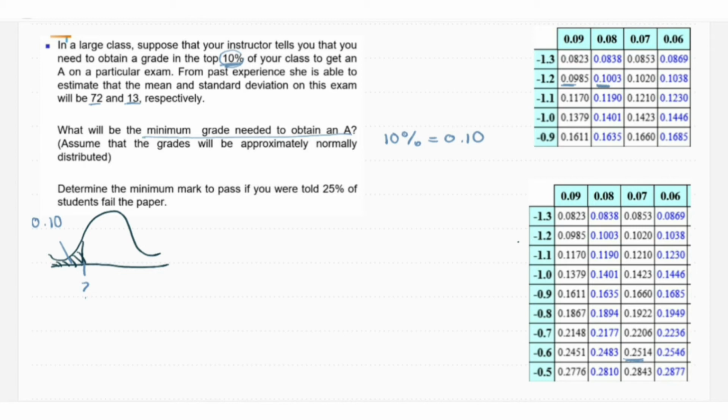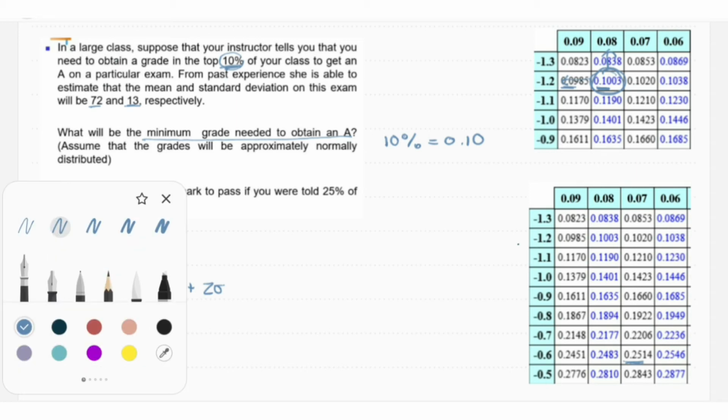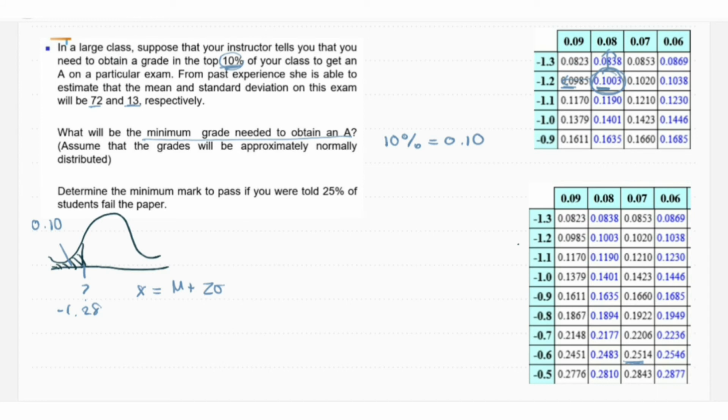Before this, we looked from here and here to find this one, but this time we look at the value here to find this value. So here the value is negative 1.28, but this is not the final answer. We will use the formula. So where do I get this formula? Actually it is from the